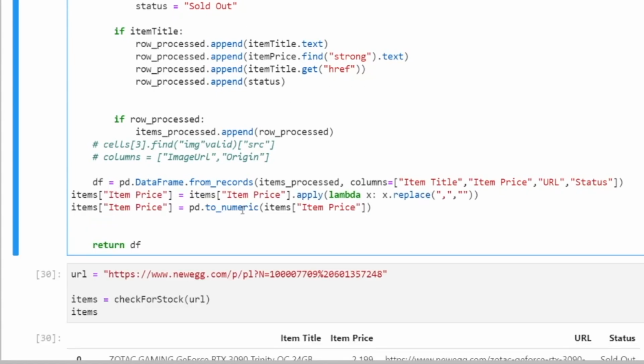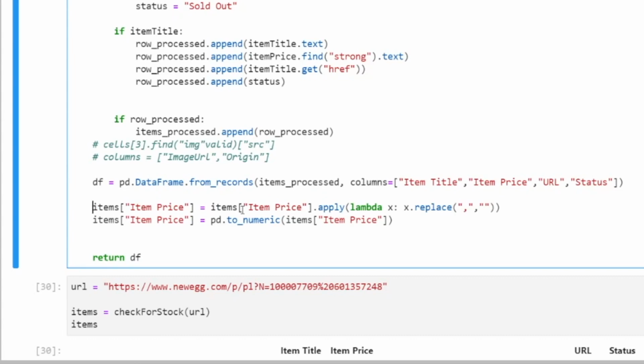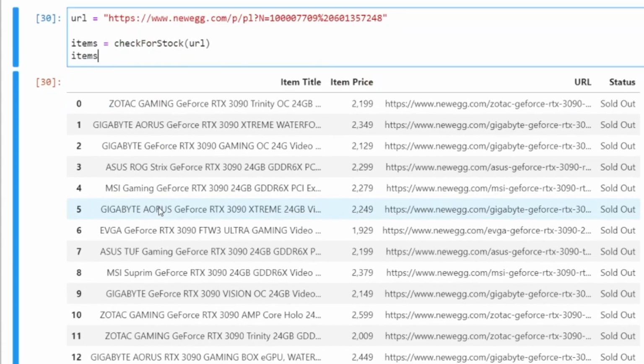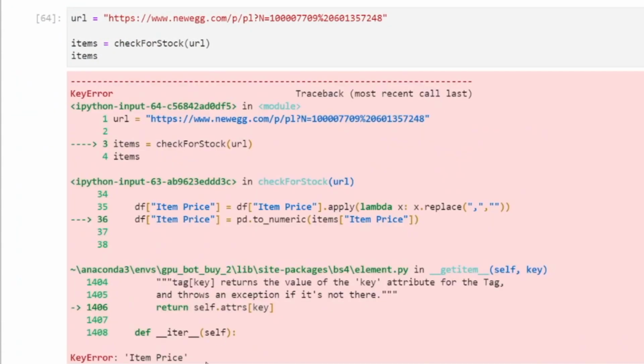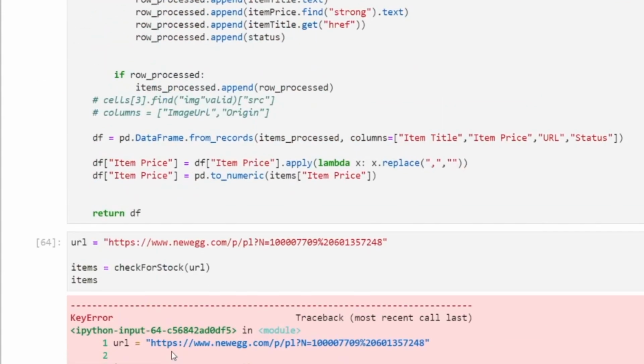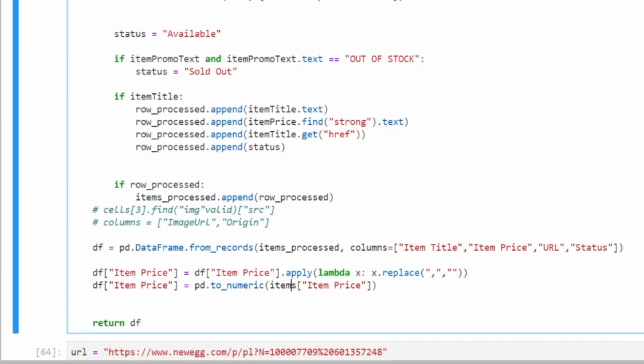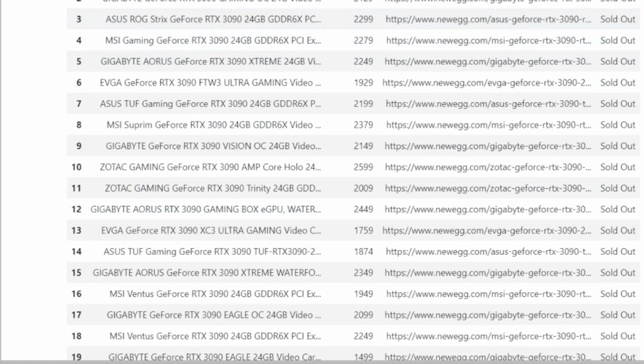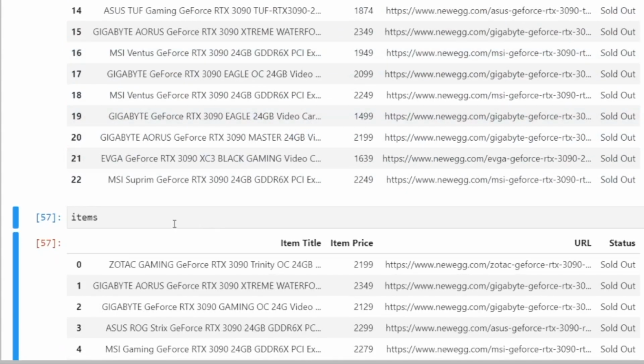I can, obviously, so data frame, I'm just going to do it here, but I could have done it in a different way. I didn't have to manipulate the Pandas data frame itself. So data frame, so now the method should return everything I want. So item price error. Okay, so it's a small error here. Okay, so now my table has everything I need, and it also is of the right type.